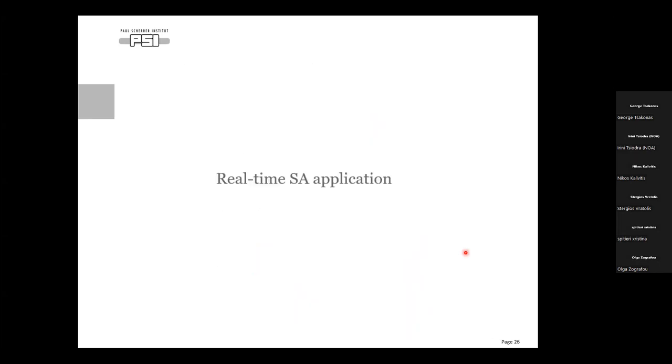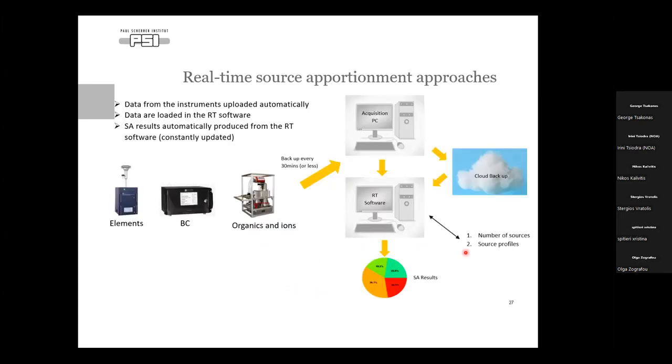Okay, and now I'm moving to the real-time source apportionment application. For real-time, first, what we need is real-time or near real-time instruments. For that, we were using what we refer to as the AXA setup, which is the Xact, the aethalometer and the ACSM.